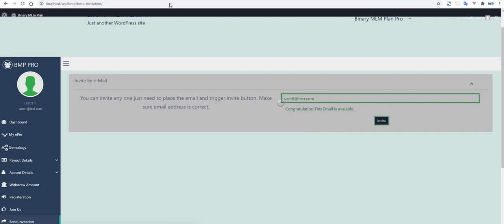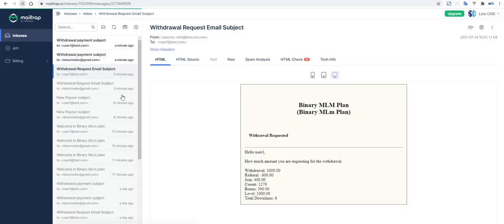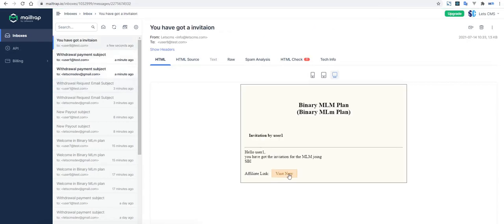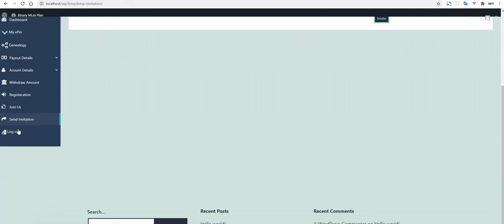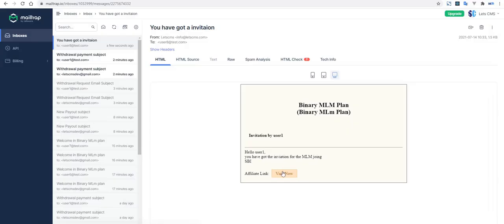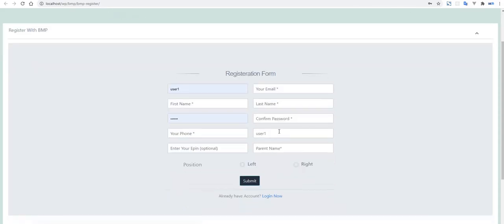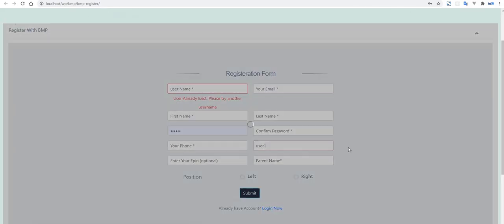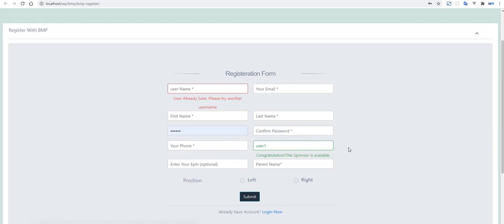Okay. So what will happen on the mail trap, because we are using mail trap for testing purposes. Yeah, this has received the invitation. So this is basically the invitation view now. After this one, let me log out from here, and as I click here, the user one will automatically be selected here because I used the referral link of the user one member that was requested to the user8 at the rate test.com email.